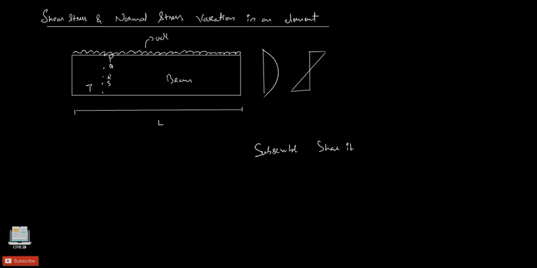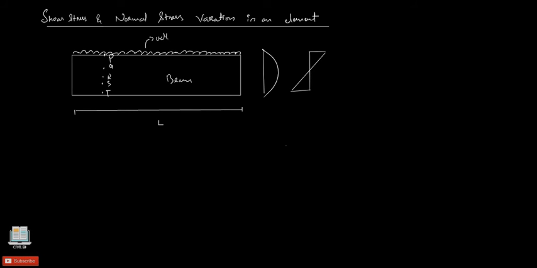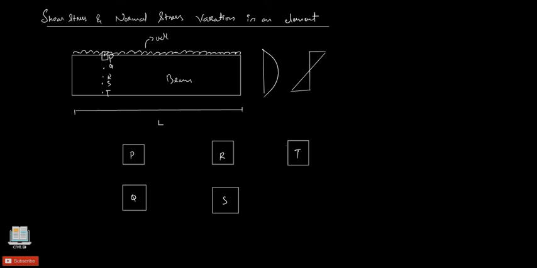Okay, thanks a lot. Now let's get to the subject. So variation of stresses at P, Q, R, S and T shall be studied now. Now look at this. This is going to be important from your exam point of view. Alright, let's draw the small cubic elements for all of these points P, Q, R, S and T here. Okay, so this will be for our P, similarly Q, R, S and T. These cubic elements, you can assume that they are here, and we'll see how they actually vary. So just remember, this one is for shear stress variation and this is for our normal stress variation.